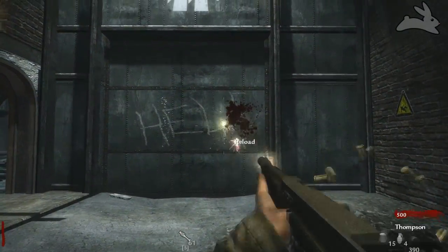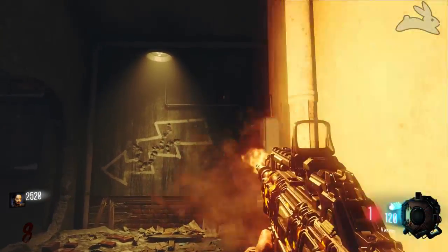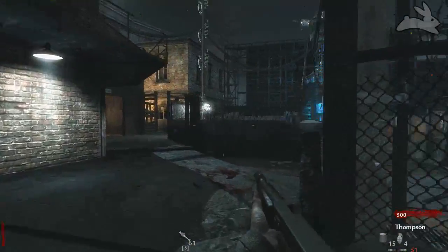So when it comes to hip fire, if you want more of a controlled hip fire, the Thompson's definitely the better one. If you want more of a sporadic hip fire, that's when you might want to go with the Vesper. And last but not least, we're going to look at the ammo, and the Thompson's going to carry 20